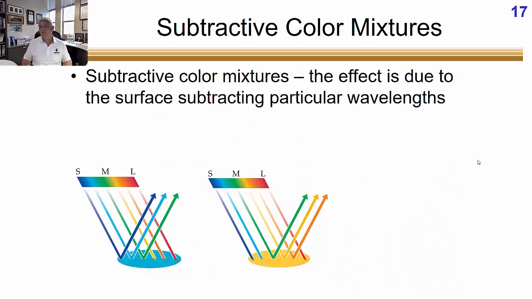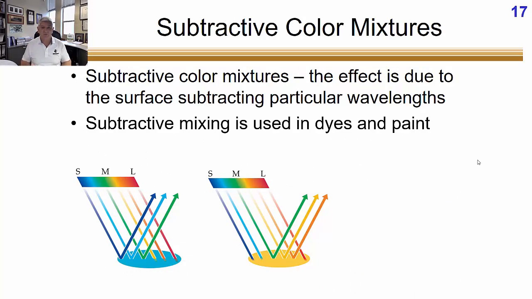All right, subtractive color mixtures. This is what paints and dyes do. Okay, it's different than lights. So with paints and dyes, they are selectively absorbing wavelengths and selectively reflecting other wavelengths of light. So for instance, with blue, we're selectively absorbing yellow, orange, and red and reflecting the shorter wavelengths of light with that sort of teal color, and equal amounts of green and blue. And with yellow, we're selectively absorbing blues and equally reflecting greens, yellows, and reds.